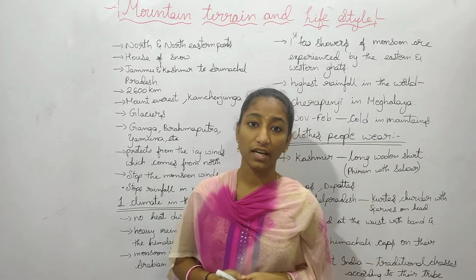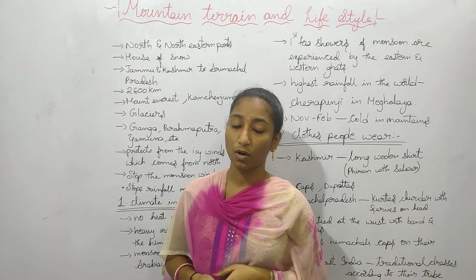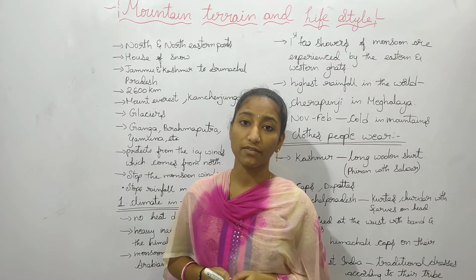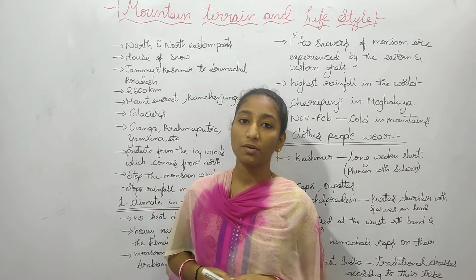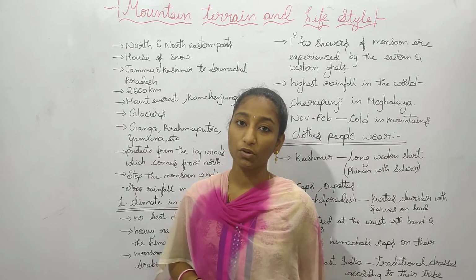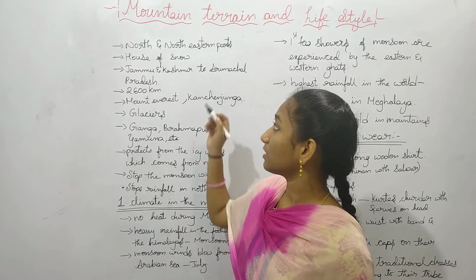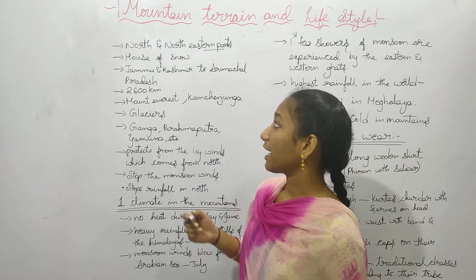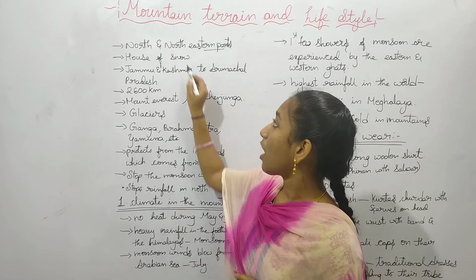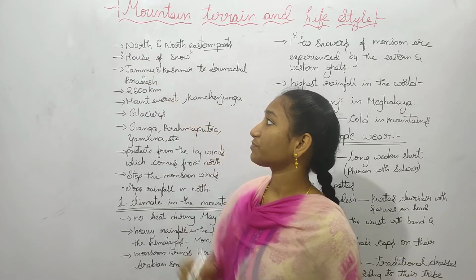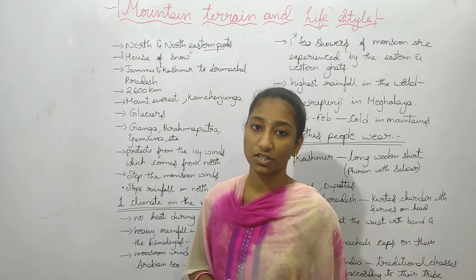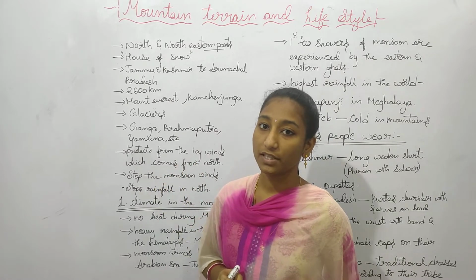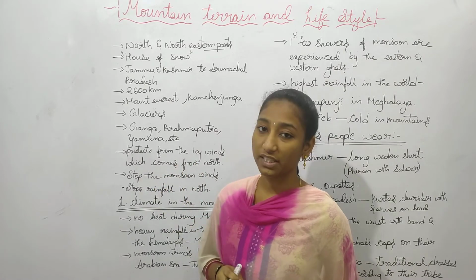What is a mountain? The ranges which lie in the north or northeastern part of India, which are covered with ice and snow, are called mountains. The mountains are also called the house of snow. They stretch from Jammu and Kashmir to Arunachal Pradesh, and the distance covered by the mountains in India is